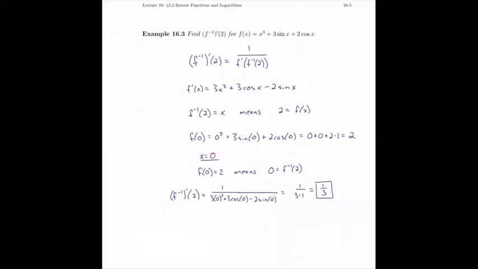Now, first things first, f prime of x, well, power rule and then derivatives of trigonometric functions give me the following, right? The constants are just hanging out in front of those trig functions. And then f inverse of 2 equals x. So what I'm interested in doing here is figuring out what's the output of this function, right? So this is not exactly explicit in the moment, right? I have f inverse of 2 is equal to x. So what I need to do with that, right? The key step here was to say that this is equal to x, and